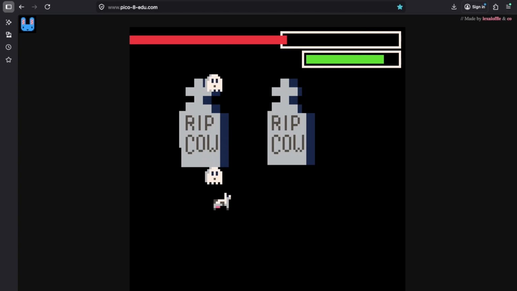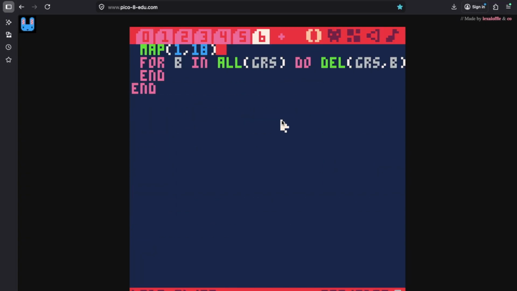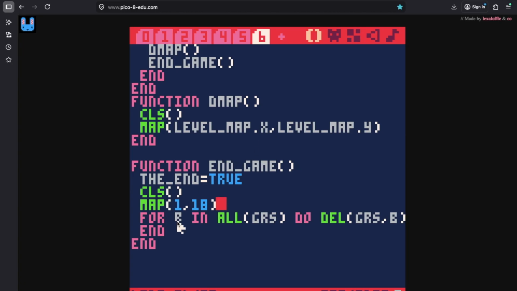And one feature, I guess, is if you see little flashes randomly, that is the grass trying to spawn. It automatically despawns itself because over here in the code somewhere, okay, so this line of code for B and all GRS, which is blades and all grass, that's why I labeled it that way, does delete all the blades of grass. So what is happening is it briefly shows up for like one frame and then it gets deleted automatically, which I didn't mean for that to happen, but I do kind of like the way it looks, so I'm going to leave it like that.